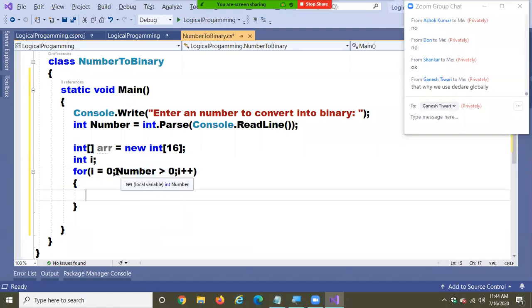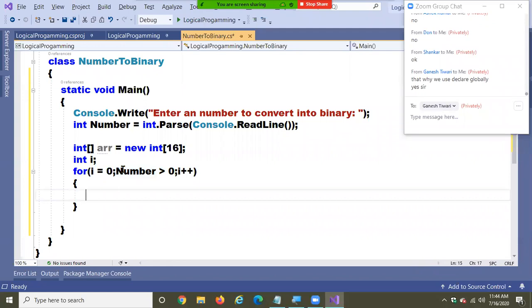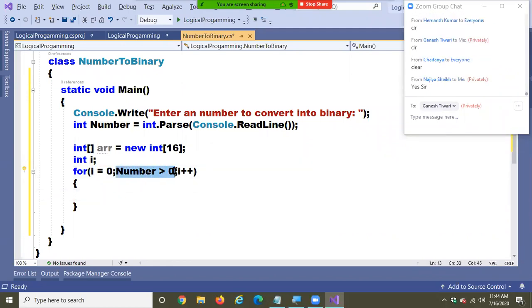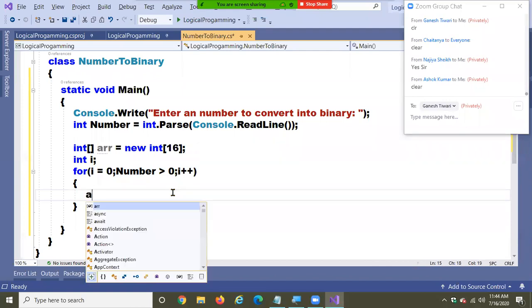My condition is related with the number you have given there, the number you entered here. Suppose you entered the number as 256. Is 256 greater than 0? The loop will be running for that is what I have taken. Okay. Next. Watch this carefully.